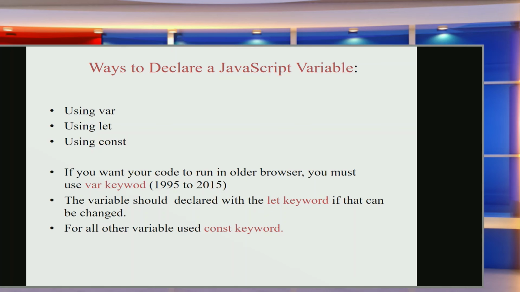And in general all the time we have to declare our variable with the const keyword. So if you are sure that your variable is not going to change in your program, at that time you should use the const keyword all the time. So again I will explain it in code. Okay,